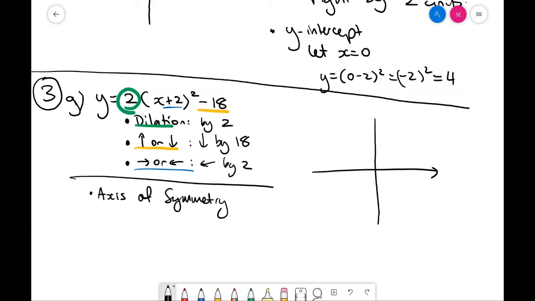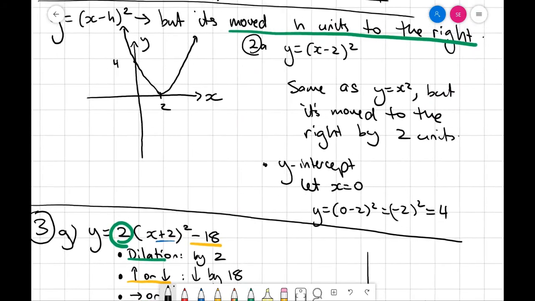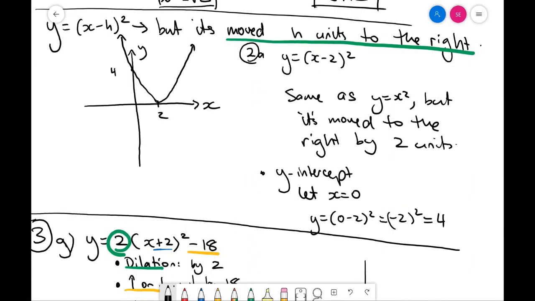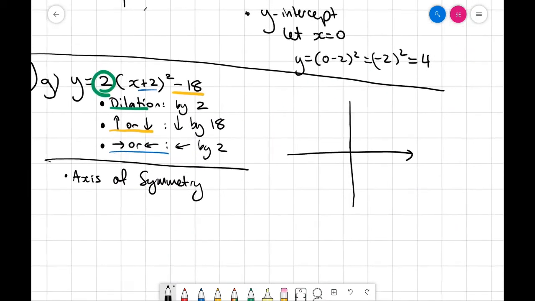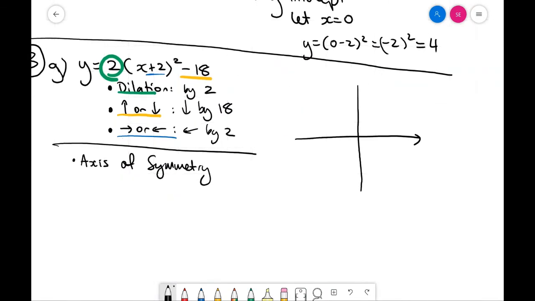Now, when you move up or down, it doesn't change the axis of symmetry, but when you move left or right, it does. We can see up here when we move to the right by 2, it changed its axis of symmetry by 2. So we know since it's moved left by 2,